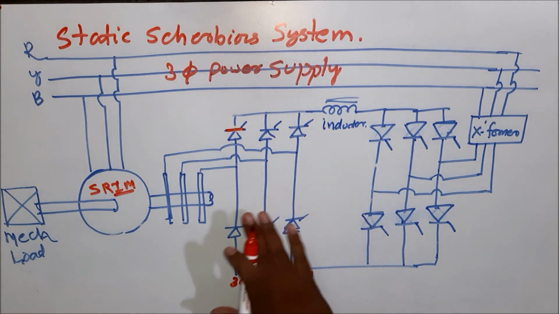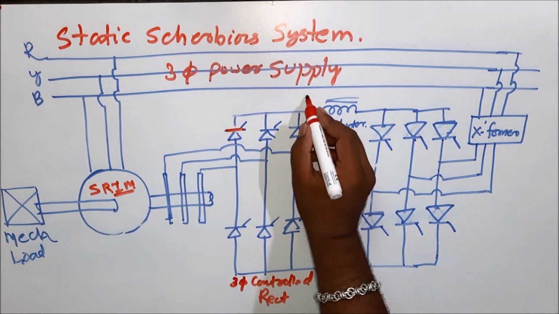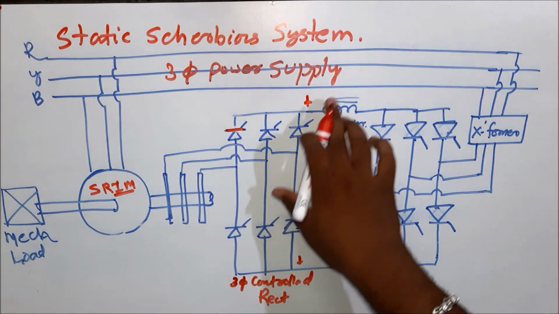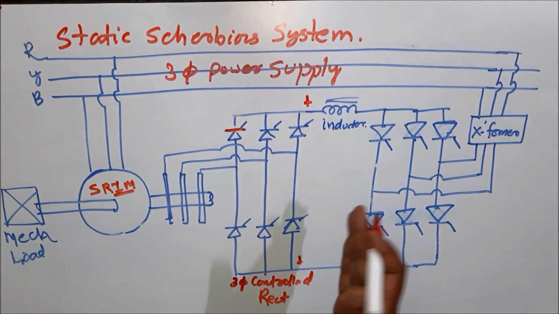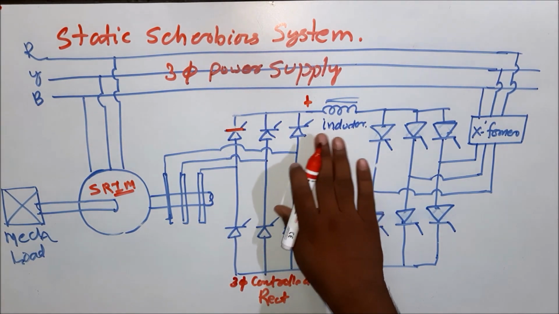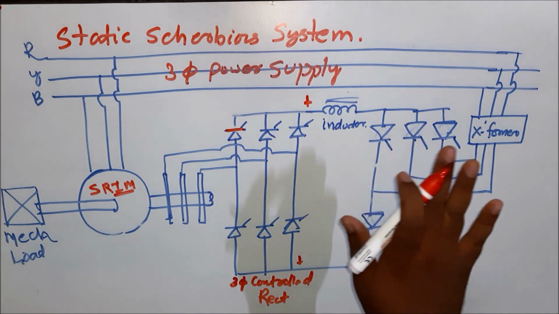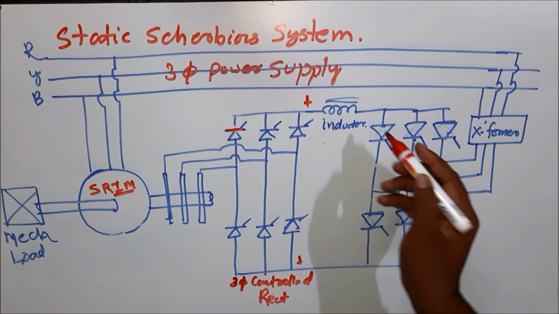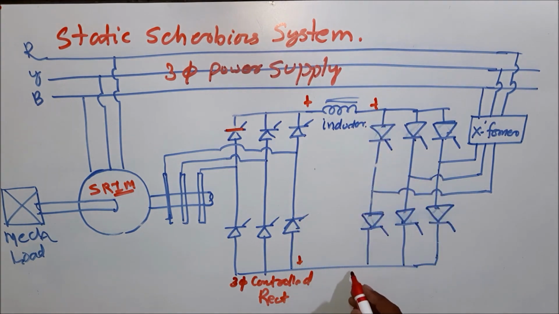And the rectified output, that is the DC output, is again passed through an inductor which is used as a filter circuit. So the AC ripple is wiped out in the inductor. That means the output of the inductor will get steady DC. Here we are getting pulsating DC. So after that, the steady DC is fed back into a control inverter or three-phase control inverter,